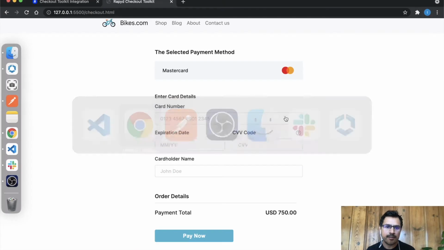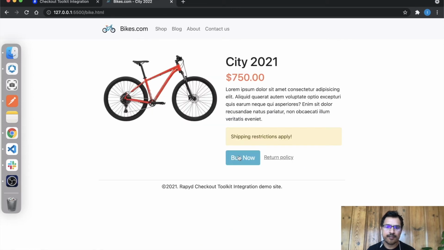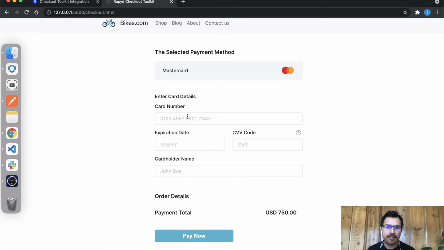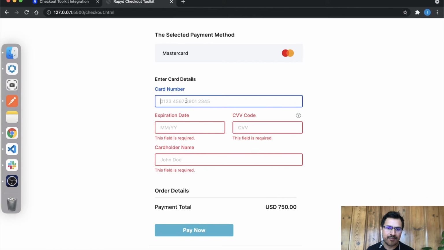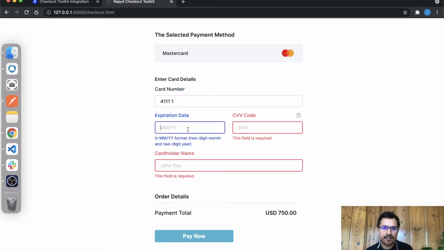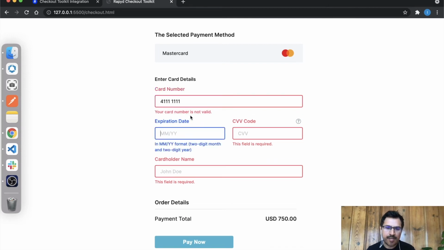Okay, so let's try. It still works. So let me go back here, and the customer goes pay now. And as we were saying, this is validated already. So if I try to pay, Rapyd will validate this. We don't have to develop any kind of validation. Rapyd will do these validations even for wrong information, right? So your card number is not valid, and we have all the errors here, all the feedback